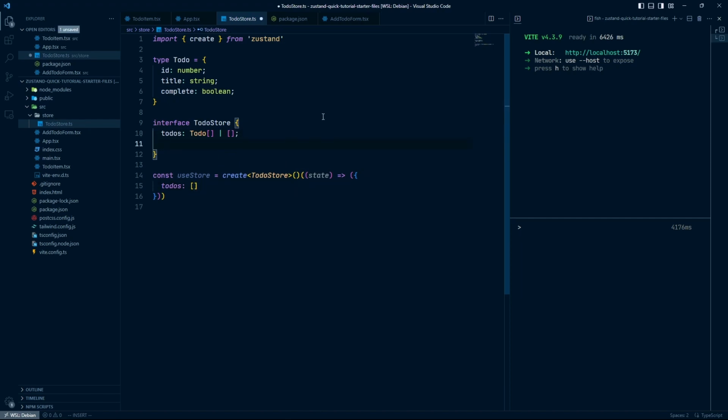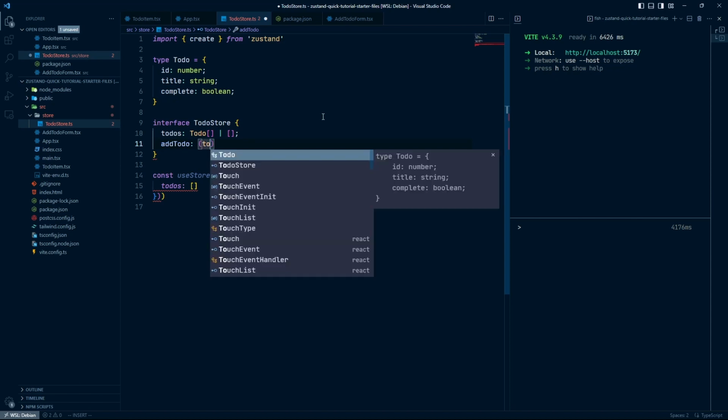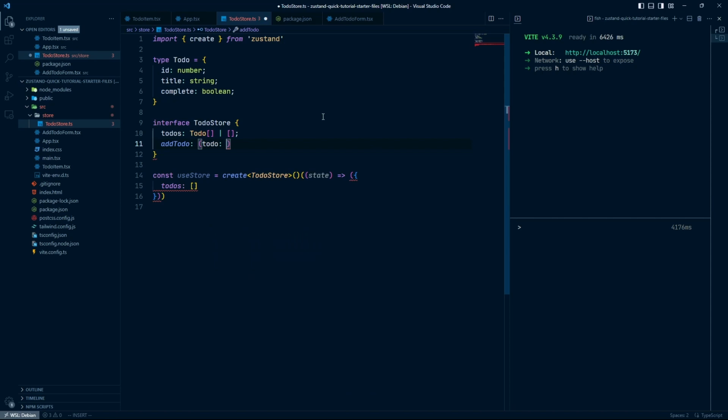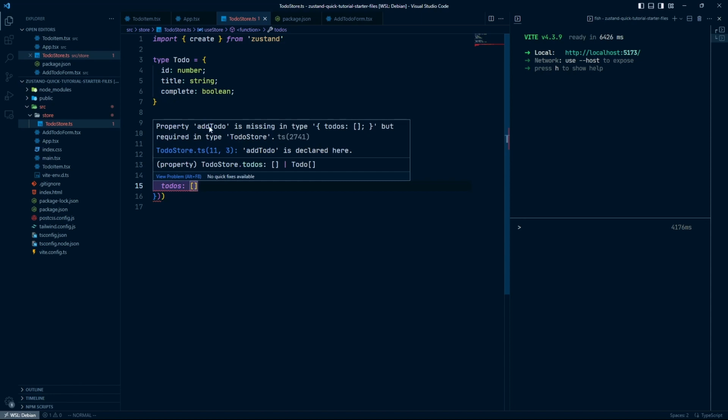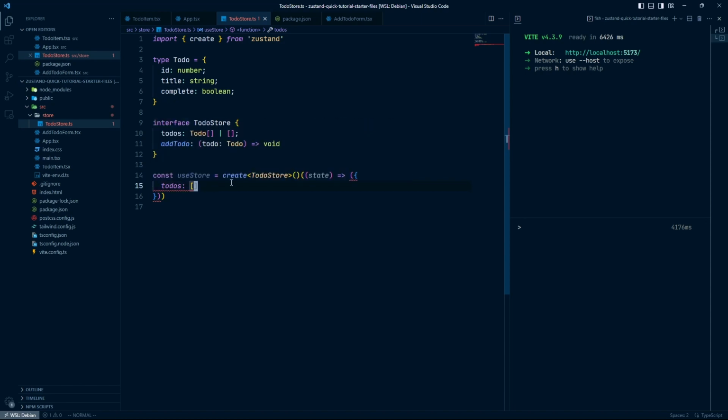So let's say that for our next action we will have addToDo here. This is an action, and for this action we will have a function here. In the function we will take a to-do, and this to-do should match with the ToDo type that we have here, and also this one will return nothing, so that's why we will say void here. So that's it. Now whenever I'm adding addToDo and I'm not having addToDo in our store, it is complaining because addToDo is missing. That's actually the beauty of TypeScript. And now if I add the addToDo,